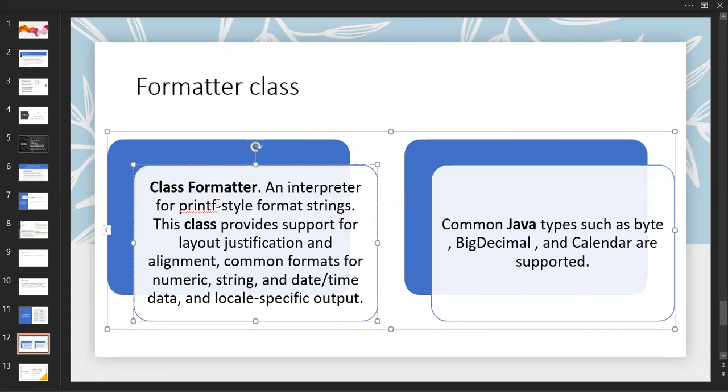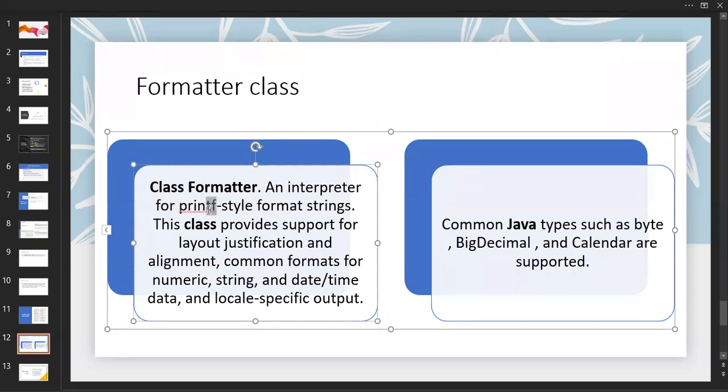Why do we need that? According to the primitive data type, what we are going to print, we should mention whether it is an integer or a float or a char or a string, whatever it is. We need to mention it over there. But in Java, we have the println statement that accepts everything. That doesn't matter. But we are going to learn about formatting, which is the printf statement.